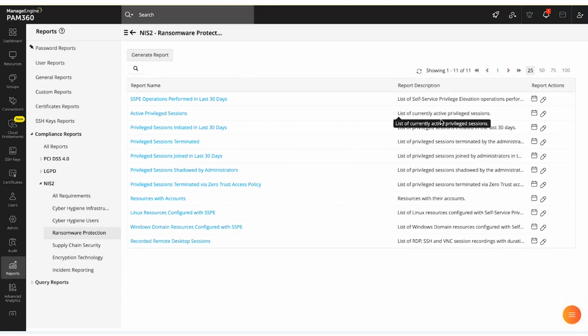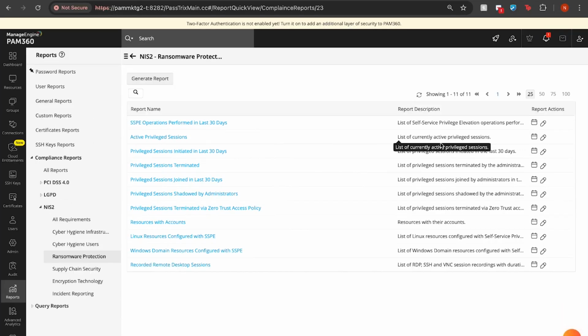So you no longer need to take a checkbox approach towards addressing compliance requirements, especially in NIS2, because PAM 360 can help you do that at a security level itself, right? It helps you mandate all these controls, but at the same time, it helps you prove compliance with the automatic reports that it provides for you, and in turn helps you with your audits, right? So that is essentially everything that PAM 360 at a core level helps you achieve with respect to NIS2